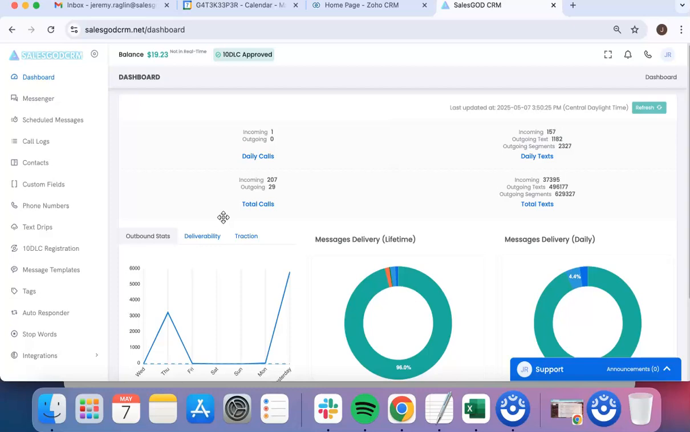The problem is that with the recent changes in the laws due to 10 DLC, the carriers can change things on a whim, and then that affects your ability to send out messages. Because if your CRM is not monitoring the changes to the industry and prepared for those changes, then the end user is affected. And that means that you lose your ability to easily and conveniently send out text messages